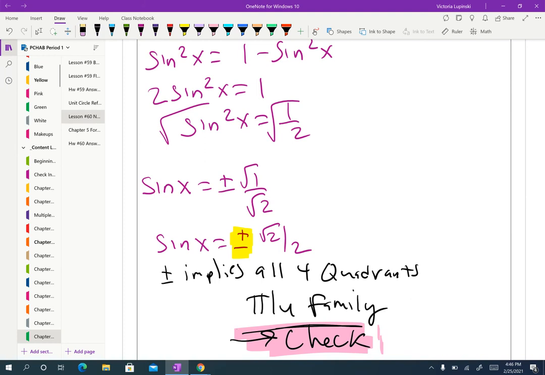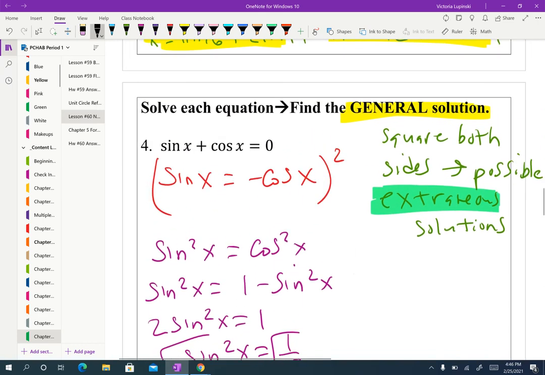Sorry, I'd restart it, but we're almost done here. So you have to check in the original equation. So again, think about what this is implying here. This is implying that it's all 4 families in all 4 quadrants. If you go back to the original problem